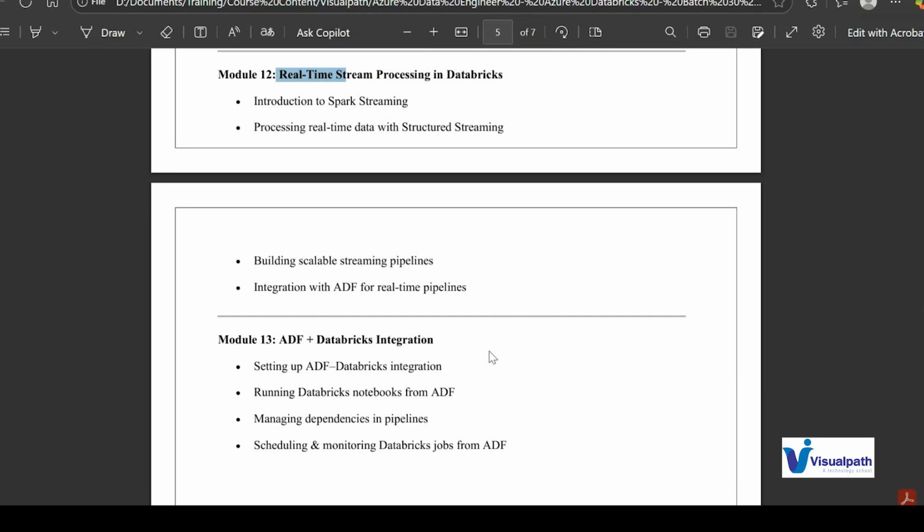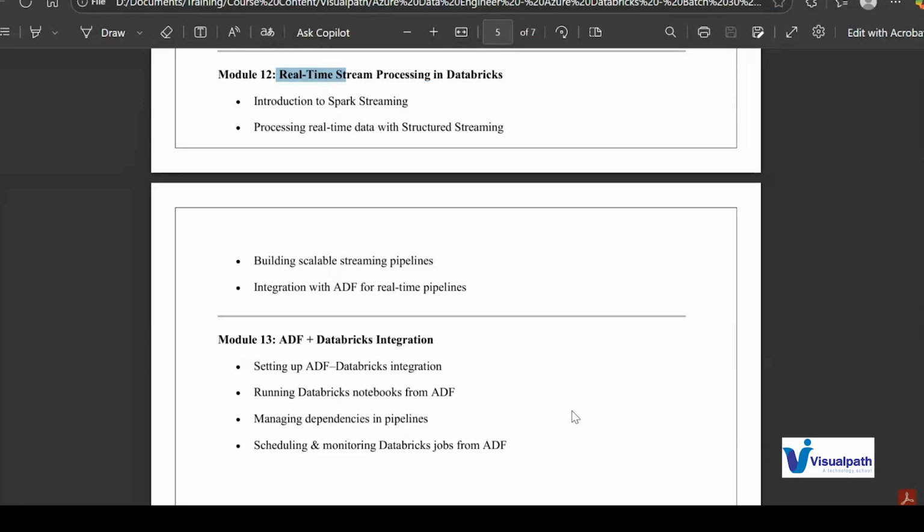Now, between these 13 modules, I will be providing you tasks. Small tasks I'll be providing, and you need to complete them and submit them to me the next day. There are a couple of lists of tasks which I'm going to share with you in PDF version, and you need to complete them in your own personal account.